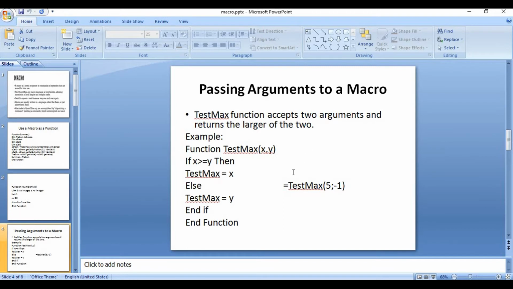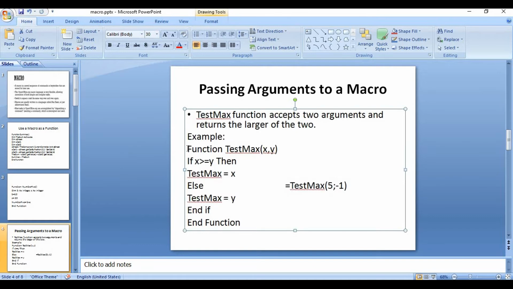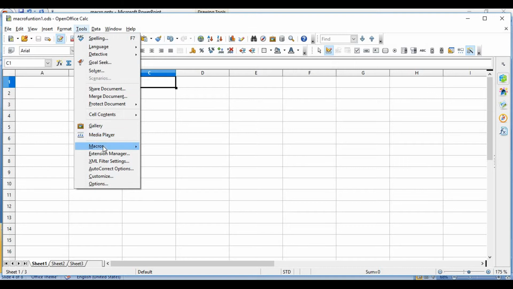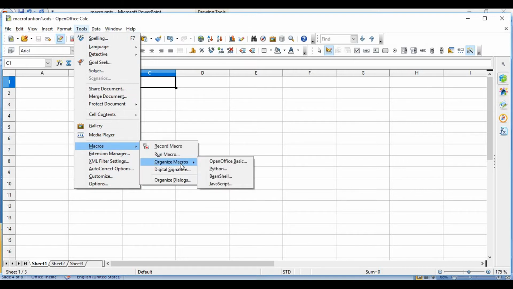Now see, with the help of an example in Calc, how we implement this in Calc software. First, copy this example, go to your Calc file, and then Tools, select Macros, Organize Macros.